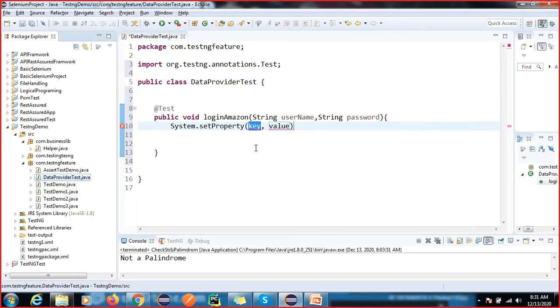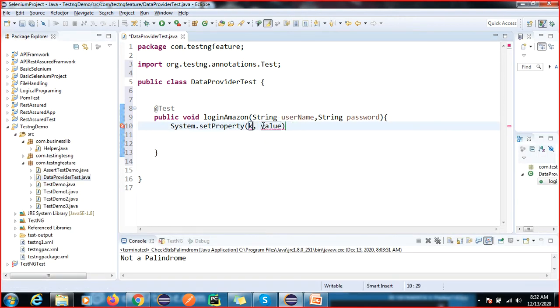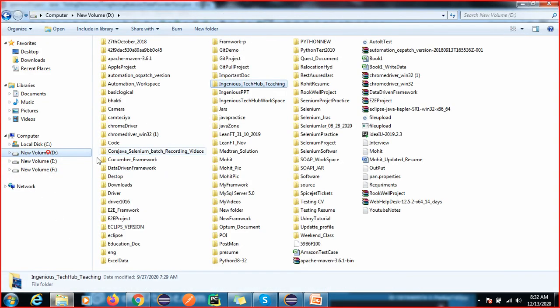So here we will pass webdriver.chrome.driver, and here you have to pass the location of the exe file.